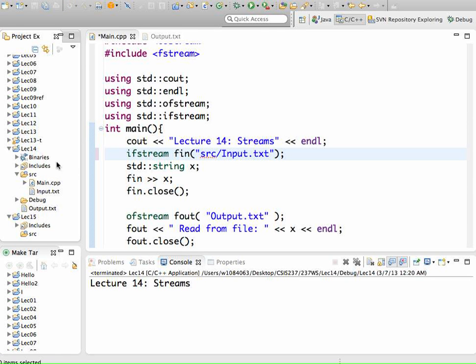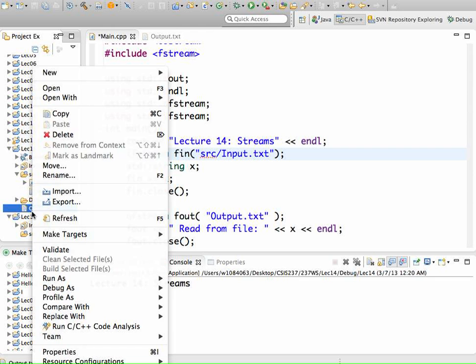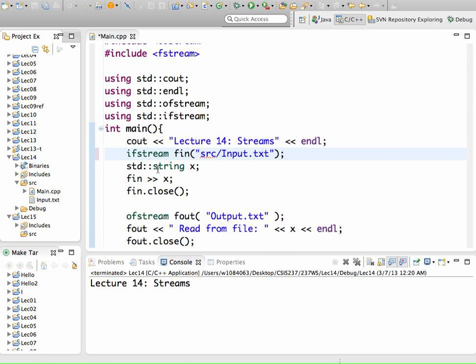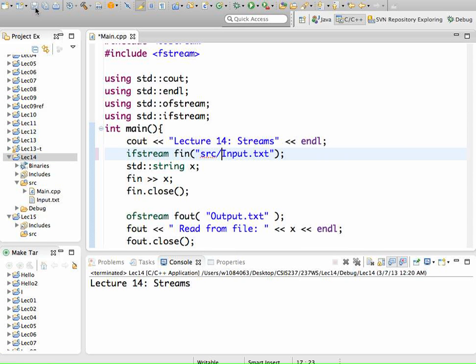And now, to check this, I can delete the output file. I don't know if this is readable, but all I did was create an input file in the src folder, which is where I usually create my CPP files. And now that I've changed this, I'm going to save it,